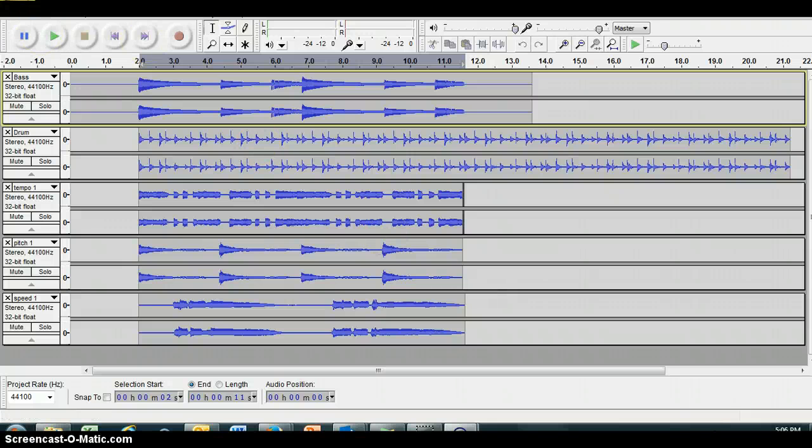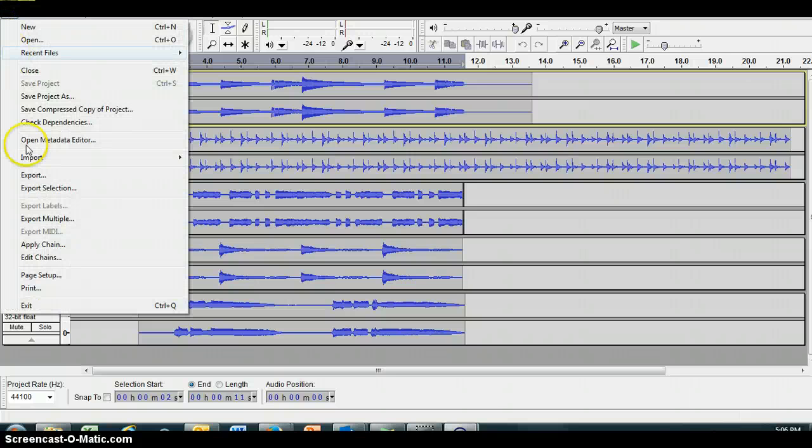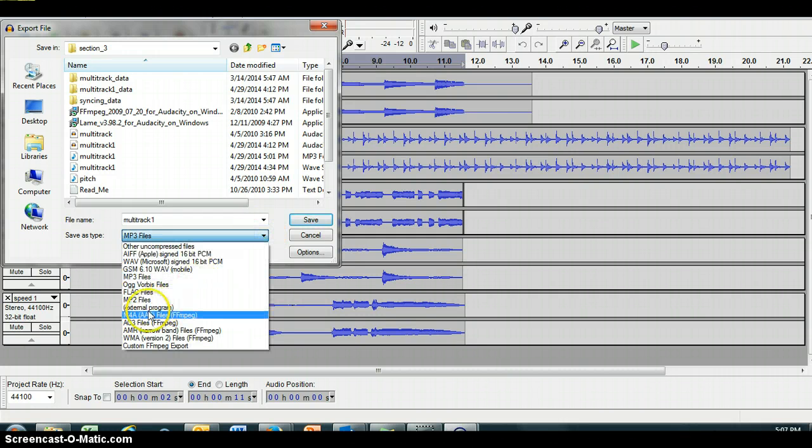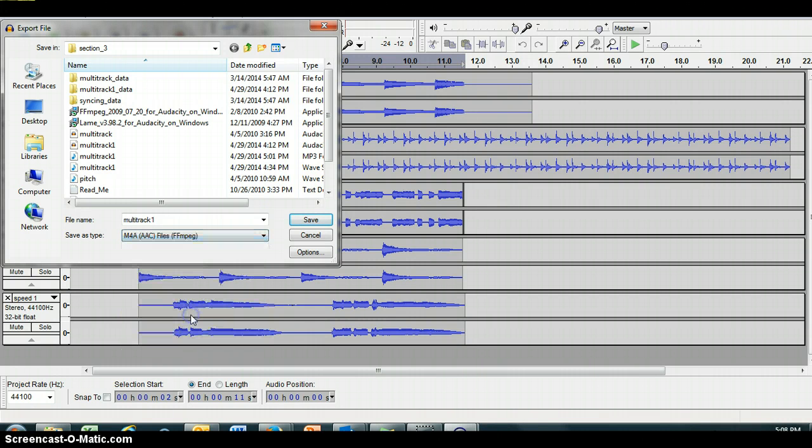Okay, through all this, we should still be on our multi-track 1. As you can guess, we're going to now save this as an AAC file. So we go to File, and then Export. We're going to click on Save as Type, and then come down here to see M4A. You can see the AAC files, the FFmpeg. We're going to click on that,